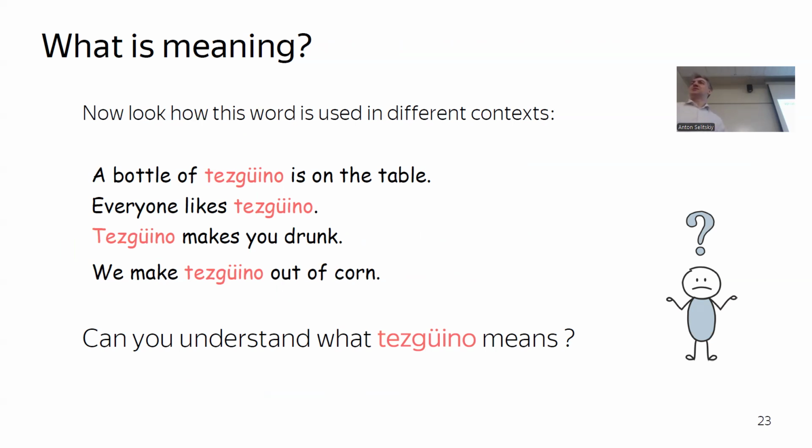The context. What is the context? It's a bottle, making drunk. Yes. Because we know that some, I don't know, whiskey makes you drunk. So I saw some other ideas. Yes. The position of the word in the line? Position,